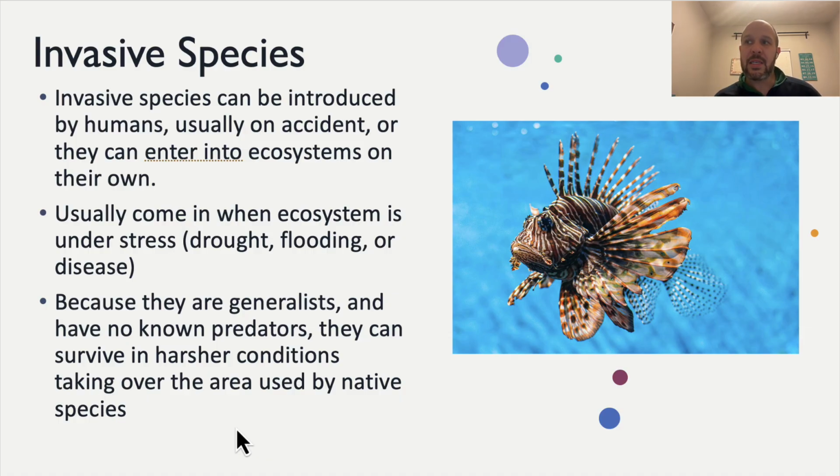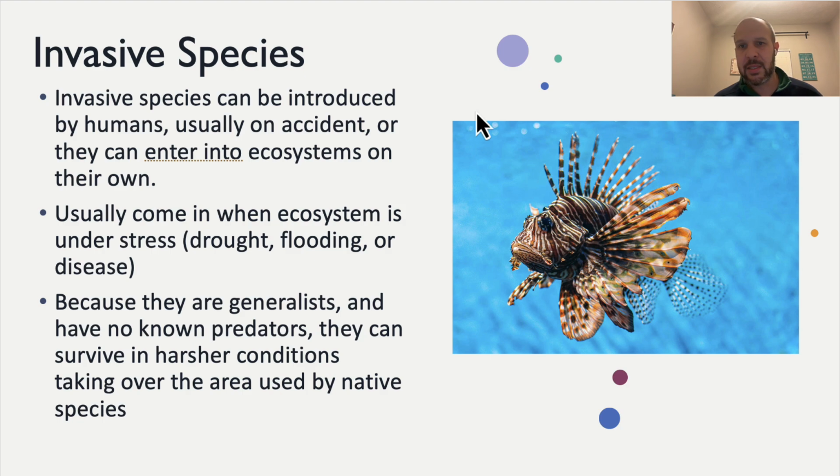These species come in when an ecosystem is under stress, and they can outcompete the native species who are already stressed out in their ecosystem and push those species to extinction or drive them out of those ecosystems. And that's why they call them invasive species, because they come in and actually do harm to the species in the ecosystem. Not literally, they're not punching the other animals, but they are causing a negative impact